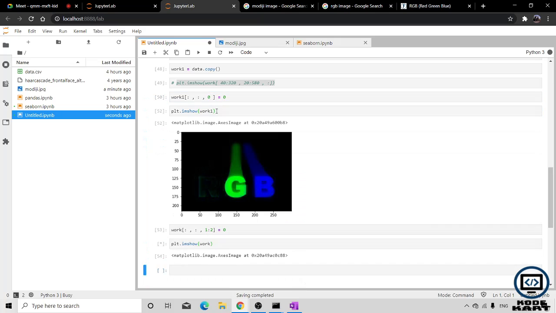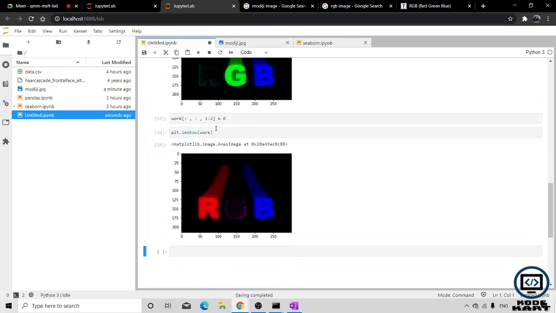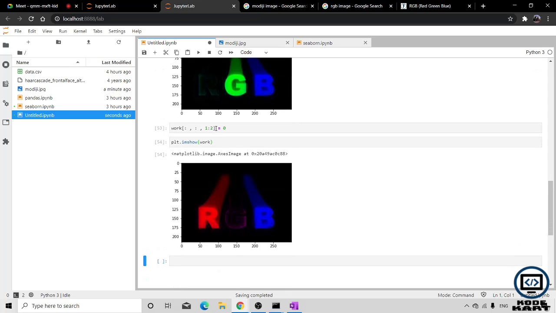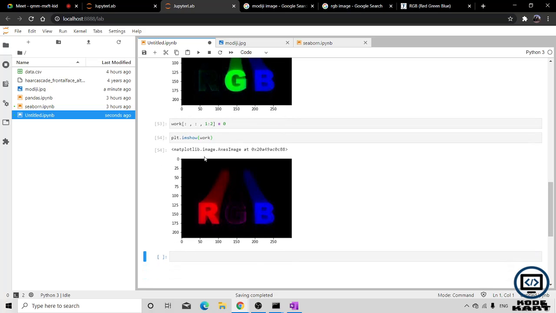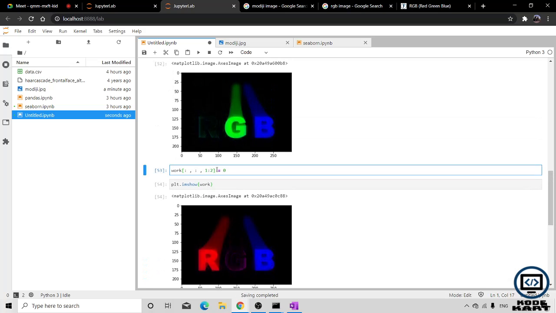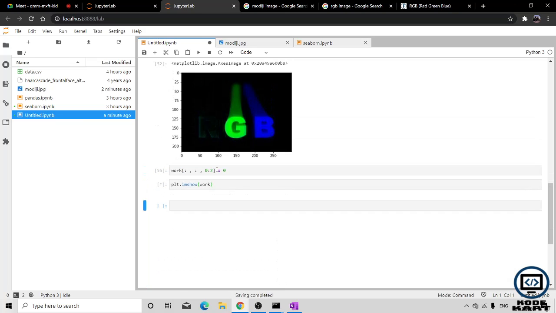If I do this with 1 and 2, meaning the first axis, now the green part has been removed, and only the blue and red color is showing up. Now if I want to remove 1 and 3, if I do 1 and 0 to 2, let's check.